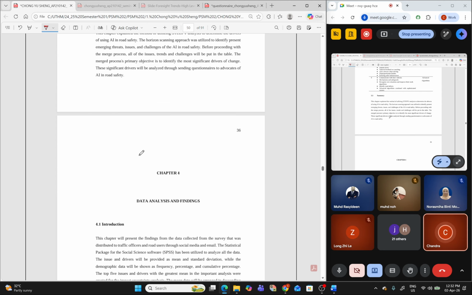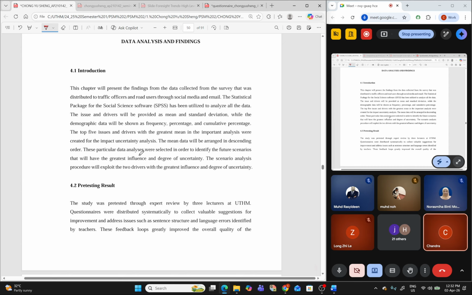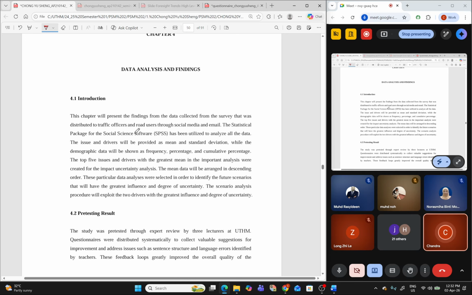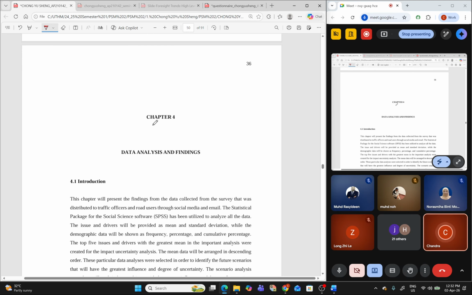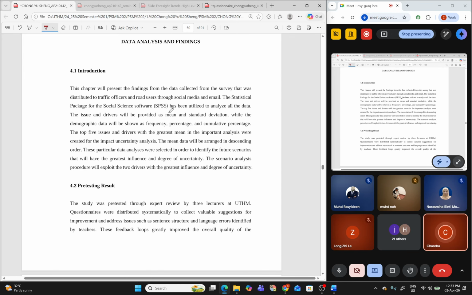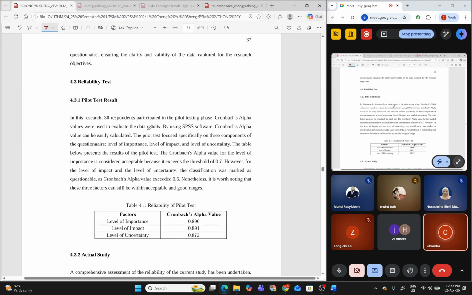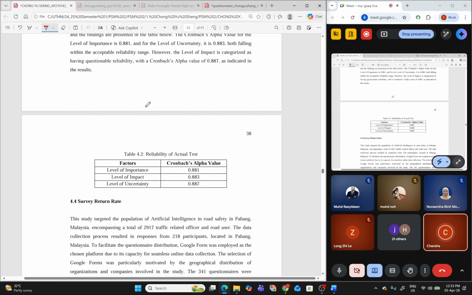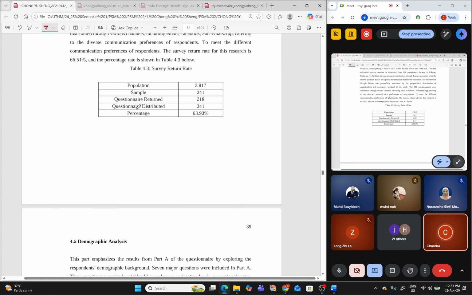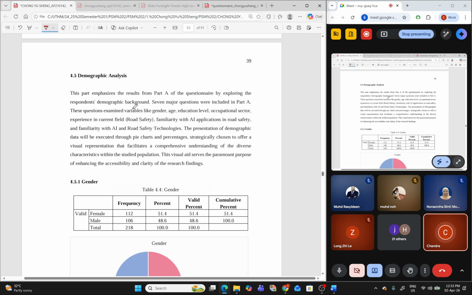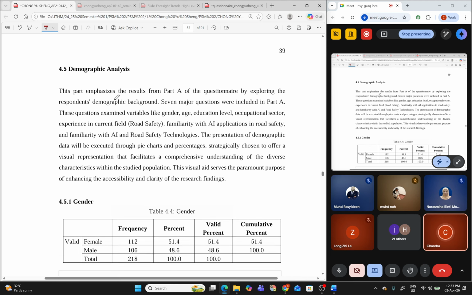What will you do in PSM 2? Go to chapter 4. I'll just give you a rough idea of what you will do. By chapter 4, you have already collected data from JKR, Puspakom. You will use SPSS. Maybe you will do a pre-test, reliability test, actual study, survey return rate, and most importantly you will do the demographic analysis first.